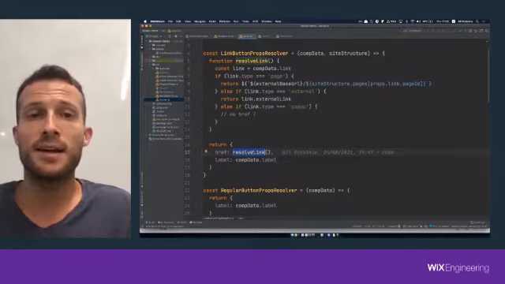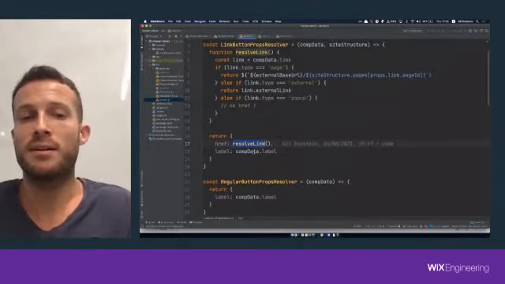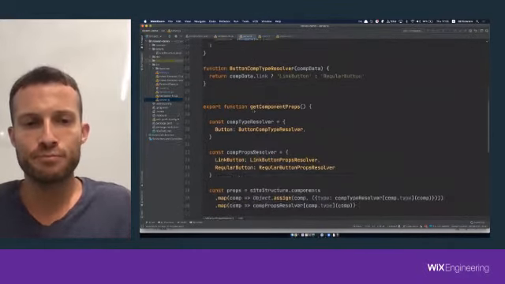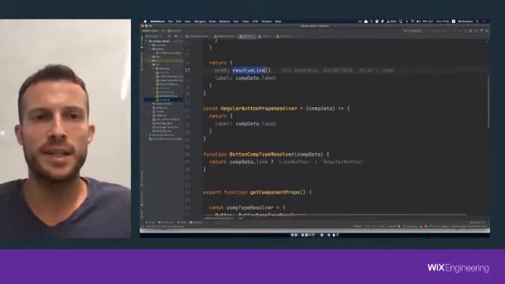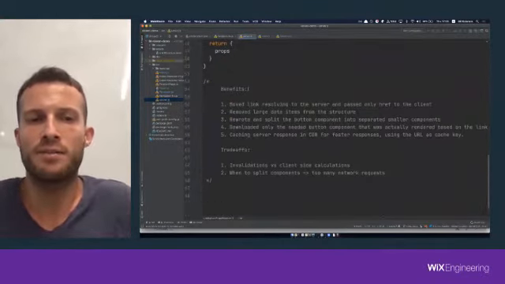It gets data and it returns data. So everything here can run on the server side. So let's go back and give a small overview